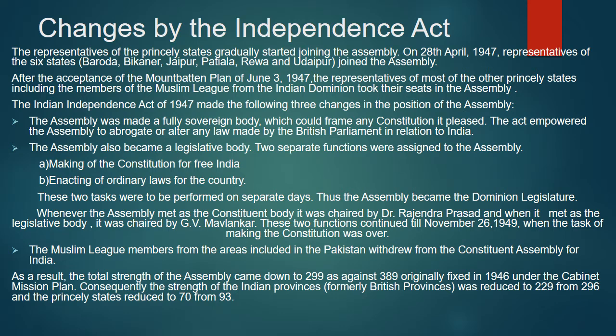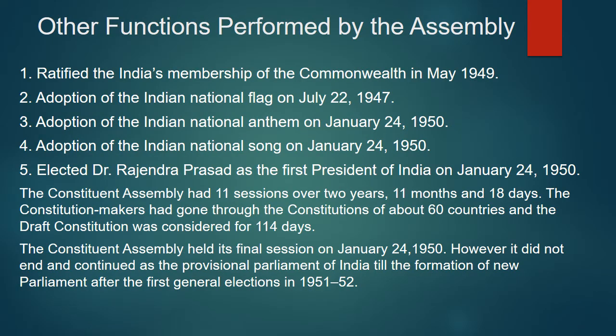Consequently, the strength of the Indian provinces was reduced to 229 from 296, and princely states reduced to 70 from 93. There are some other functions also performed by the Constituent Assembly. Those are: ratified the Indians' membership of the Commonwealth in May 1949,